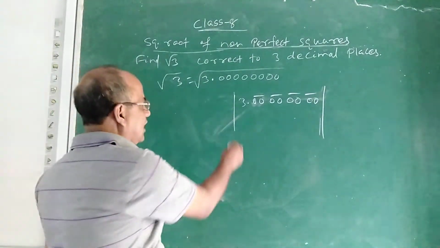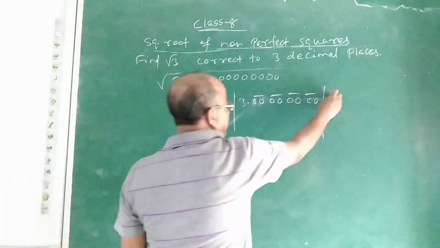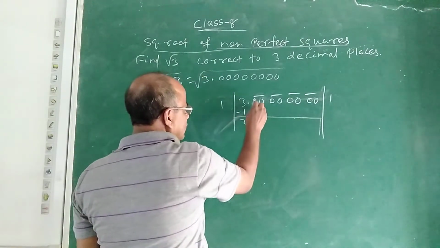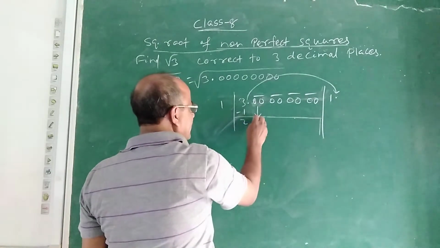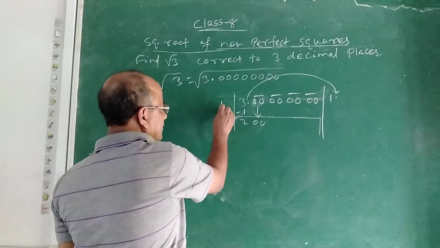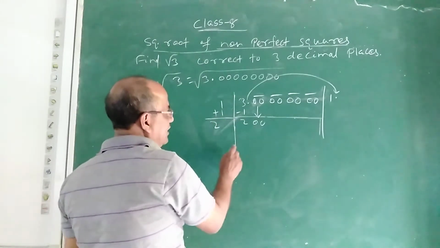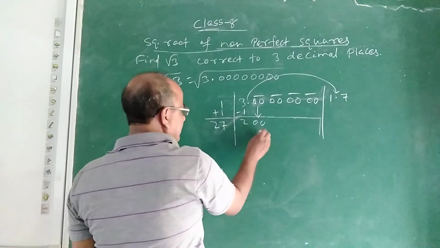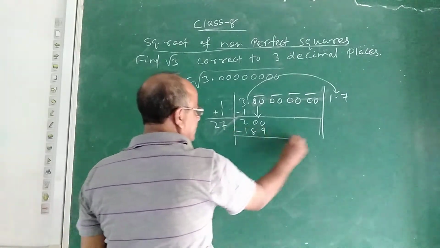You see, now after pairing, do the pairing part. Now 1, put here 1. 1 is 1. Minus 2. Shift the decimal point to this place. Bring this period. We are doing our long division. 1 plus 1, add 1 here. It is 2. Okay, then you put here 7.